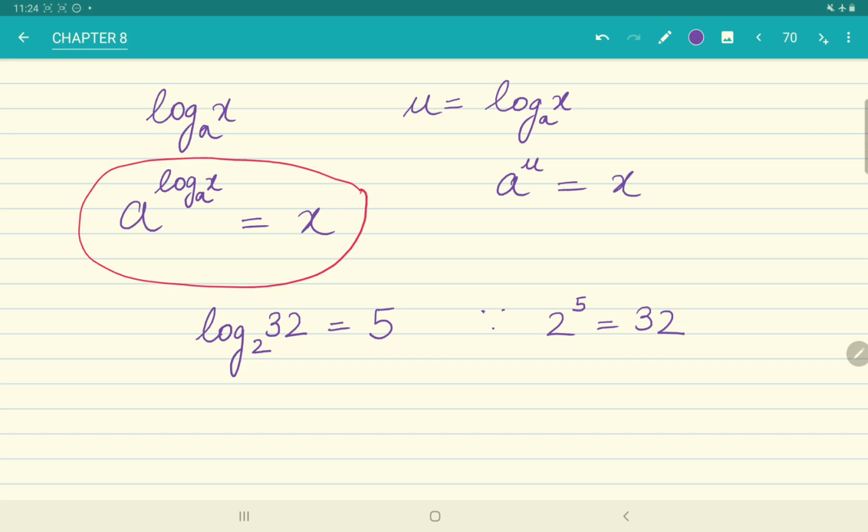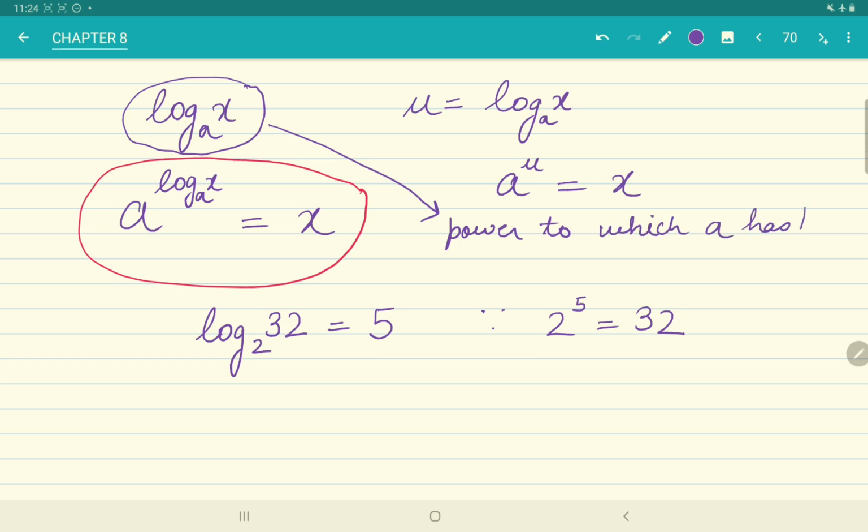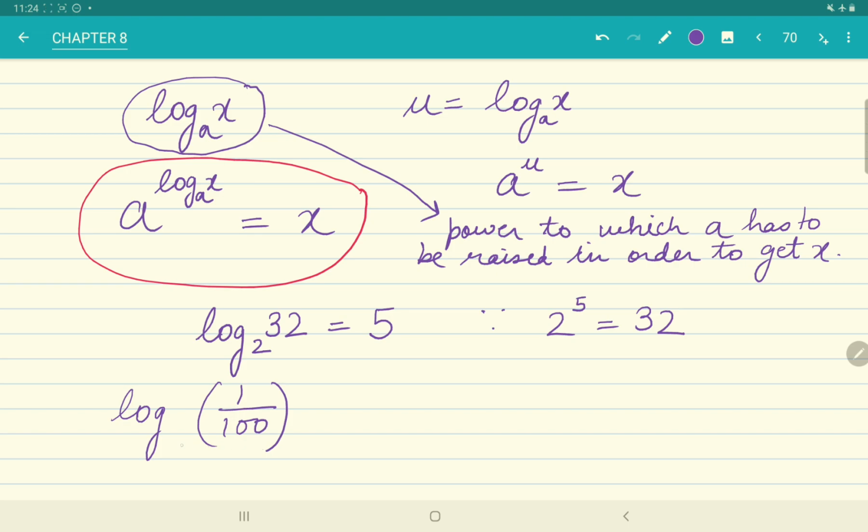In other words, I can write that this is the power to which a has to be raised in order to get x. If I write log of 1 by 100 to the base 10,